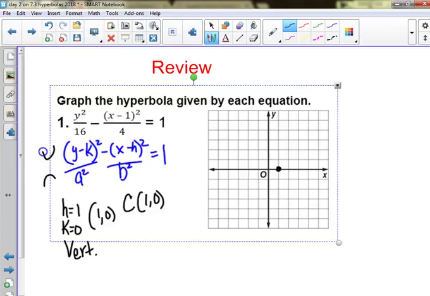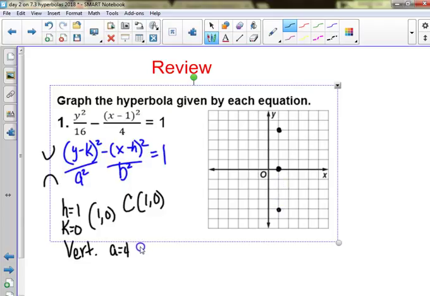Up and down, right? It's going to open this way. So the vertices are up and down how much? Well, they're up and down A. Underneath here, A is 4. So if we go up 4, down 4,